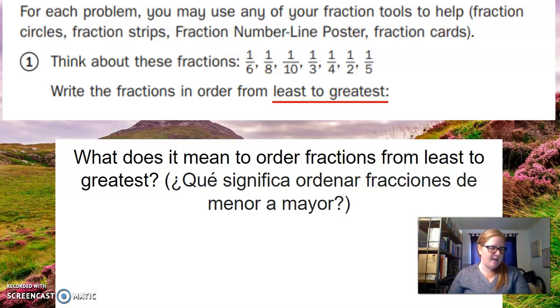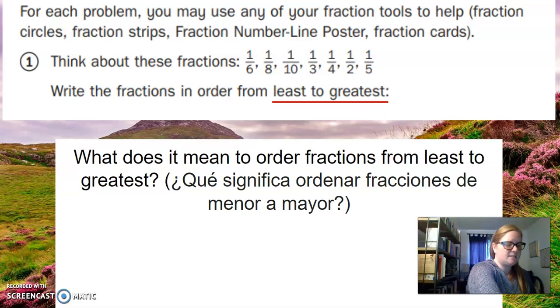So for instance, if I am drawing a fraction circle, and let's go with,